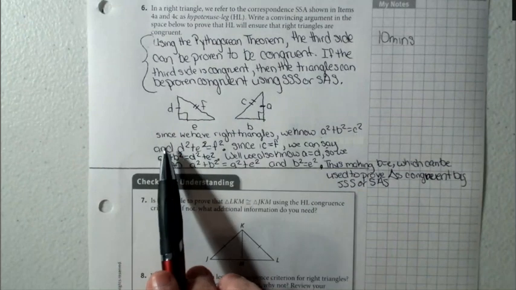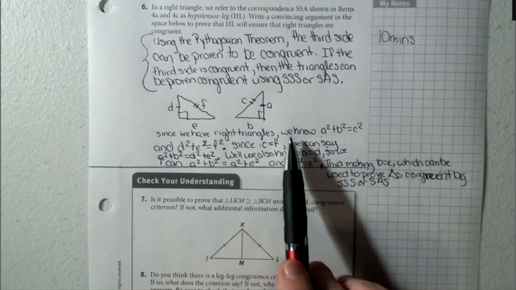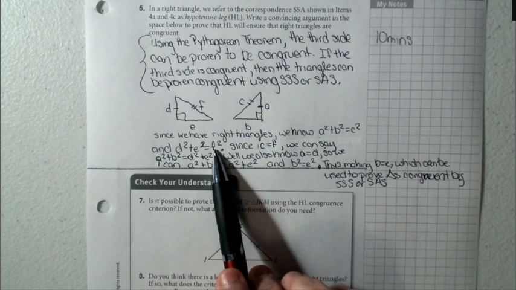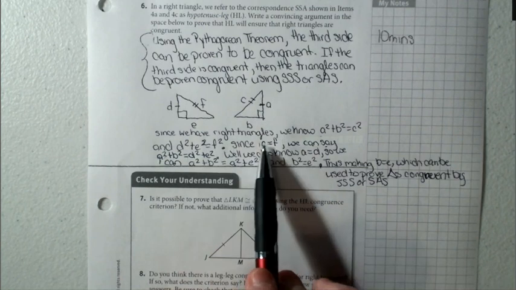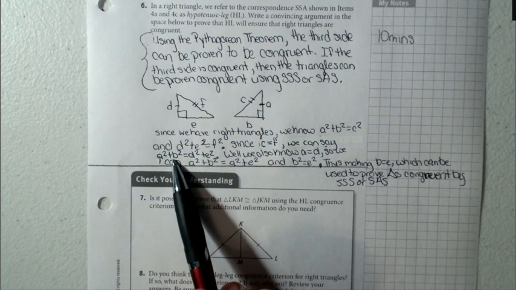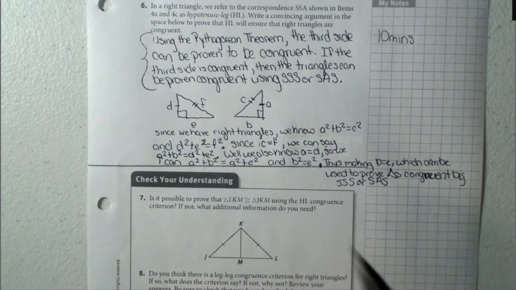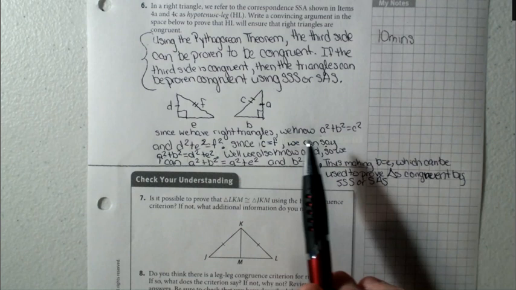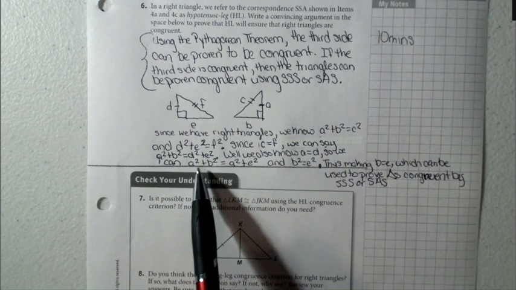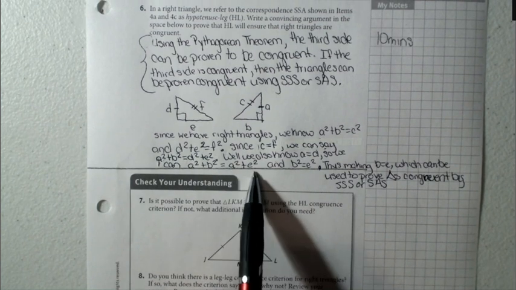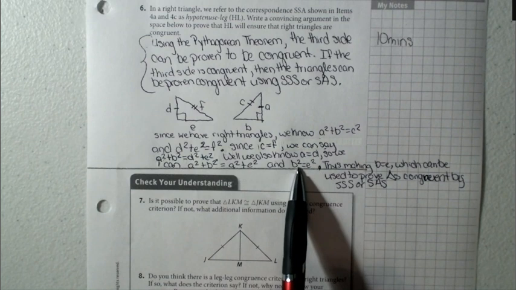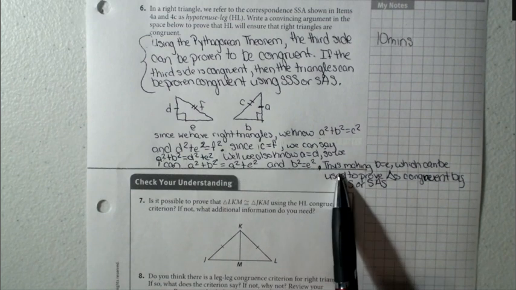I showed you a picture, and I said, well, since we have right triangles, we know that a squared plus b squared equals c squared, and d squared plus e squared equals f squared. Well, since c and f are equal to each other, we can say that a squared plus b squared equals d squared plus e squared, because we just set them equal to each other now. While we also know that a equals d, so we can say a squared plus b squared equals a squared plus e squared. Well, if you subtract the a squares, you get b squared equals e squared, thus making b